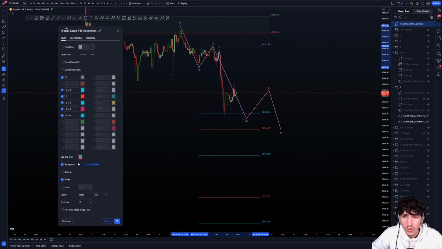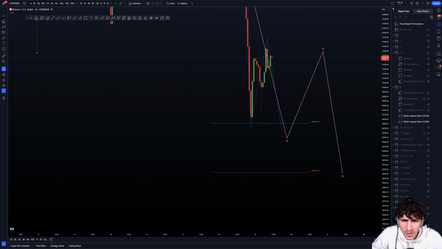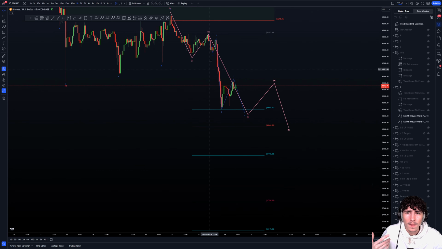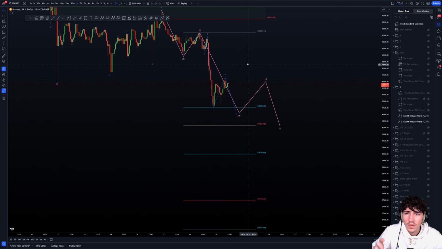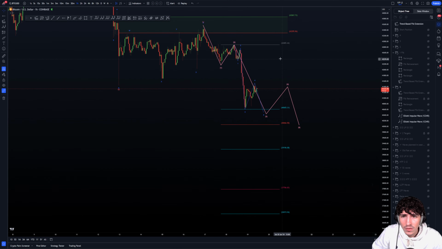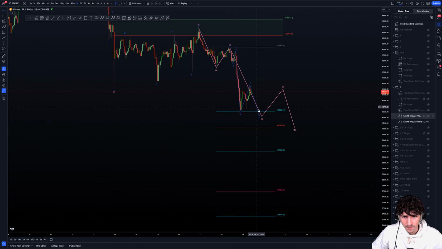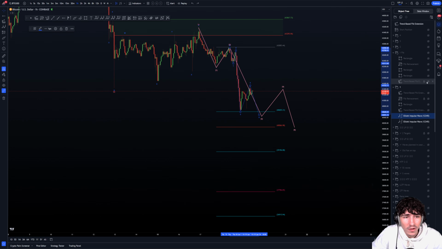You can remove here the 1 to 1 extension because we already went below and almost hit it. I think we hit the 1.618. Yes, we do. So yeah, it's not really useful to keep some targets already hit. We can make this a bit cleaner. It's perfect. So here 1.618 here, that matches, you know, with the first target here we have planned with the wave 5 1.exports 1.618. By the way, if we now go to the 2.618, it will bring us with the 200% of the wave 5. You know, I hope that makes sense.